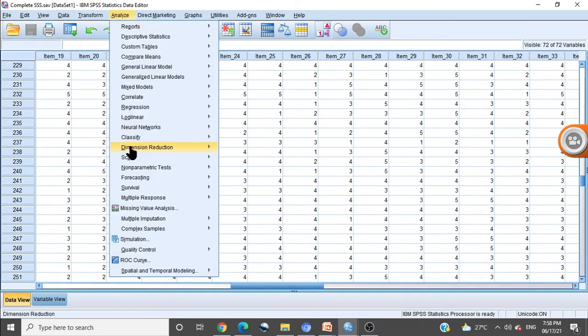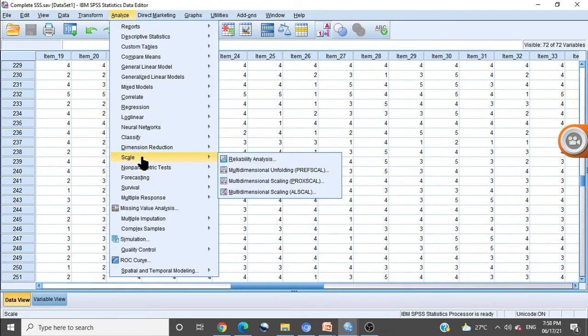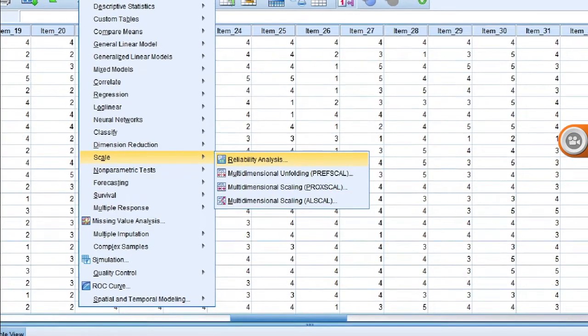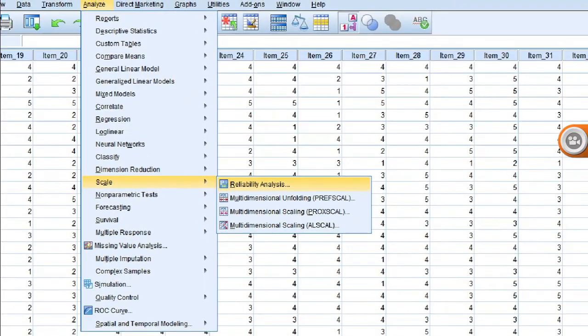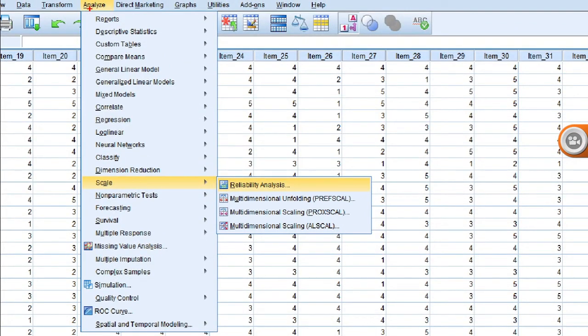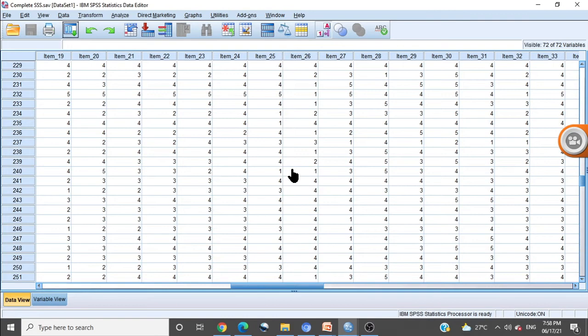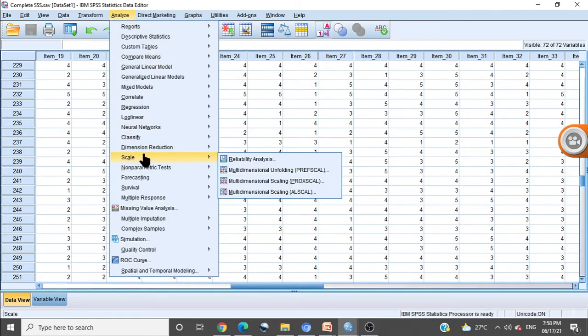Analyze, scale, reliability. You can see we'll click on Analyze, then you will click on Scale, then you will click on Reliability Analysis. So Analyze, Scale, Reliability Analysis.